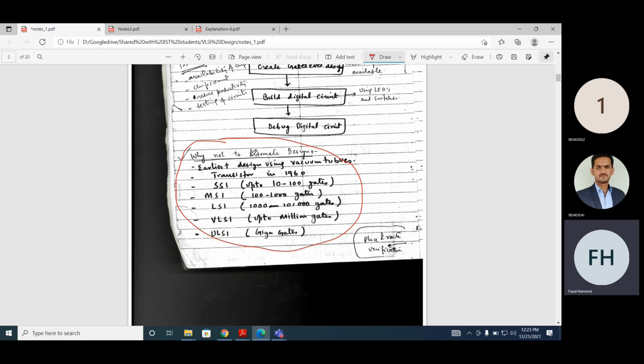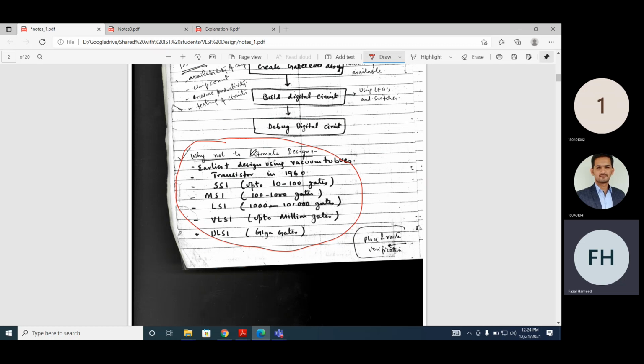On one single chip using large scale integrated circuit, we can fabricate from 1000 to 10,000 gates. Then we have VLSI, very large scale integrated circuit, and then we can fabricate up to millions of gates on a single chip. And then we have ULSI, ultra large scale integrated circuits. So this is the evolution,